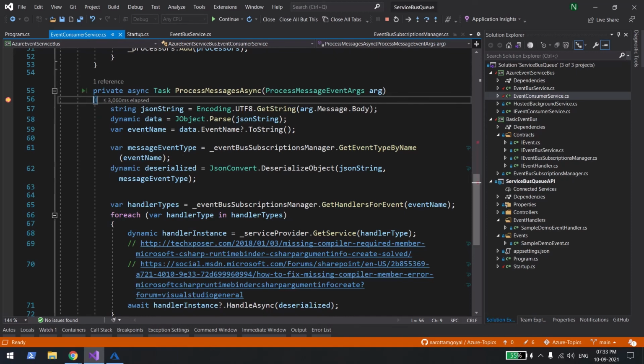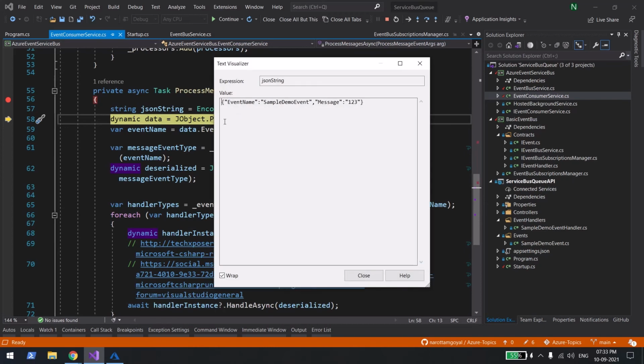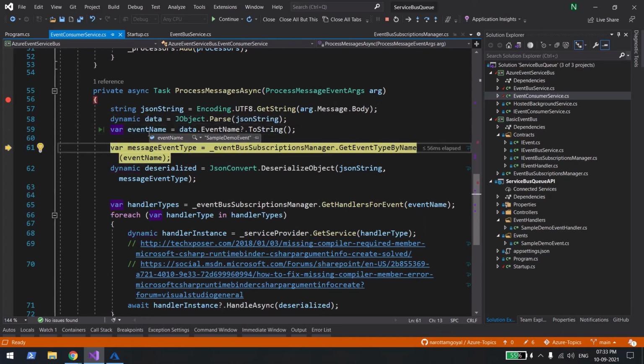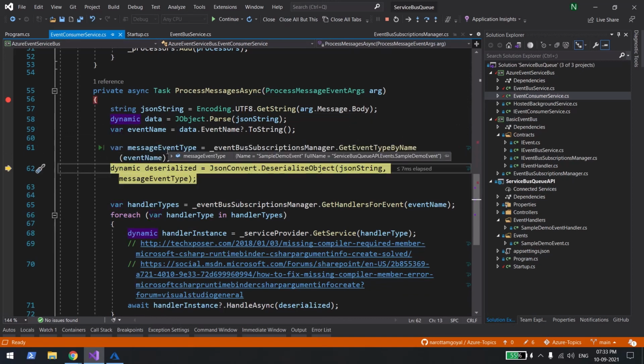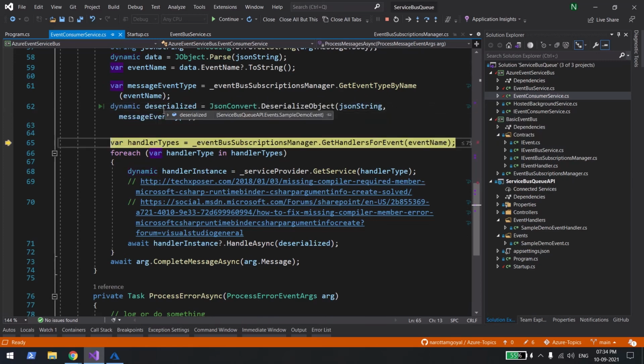And in this, if you see, this is the body, and you can see I'm converting it into a JSON string. Now this is a string, but how will you map this event JSON string to the handler? So I'm keeping the event name also in this event. That is only possible with the help of this message. Using this, I got the event name. I still can't deserialize it because I don't know the type, but with the help of the event name I got the message type, from the handler list and the event list I'm keeping, and then using that name only I am deserializing. So now the object is deserialized, you can see the two properties,